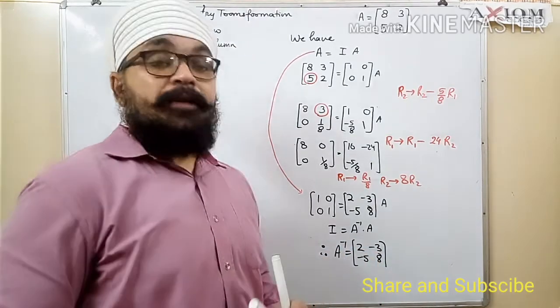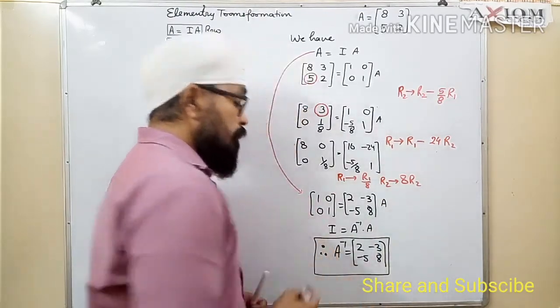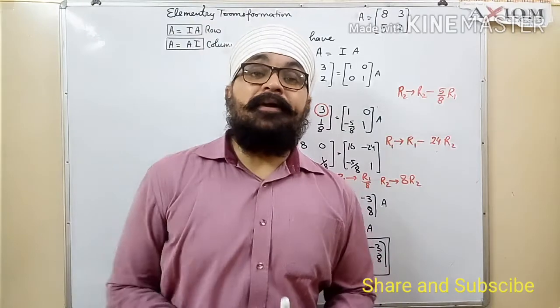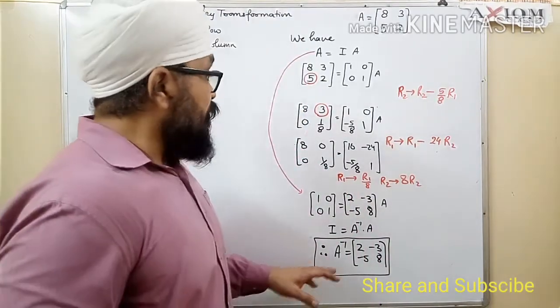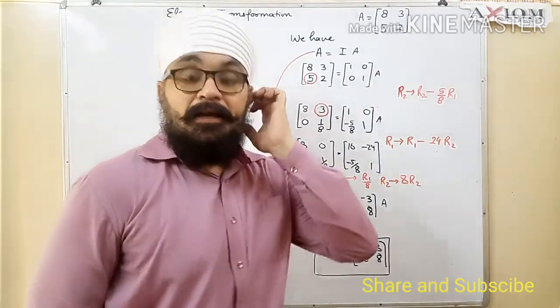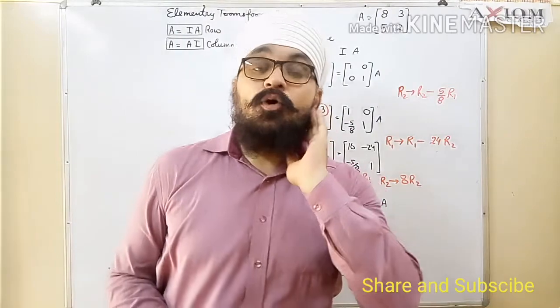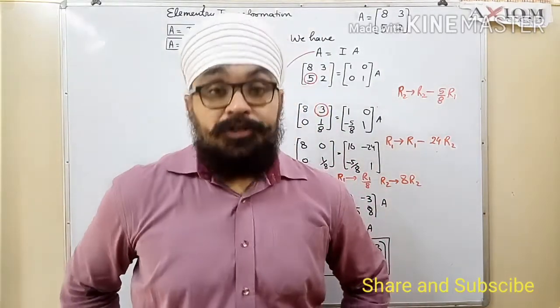So this is one of the trick. This is the main operation, that is elementary transformation. Especially I have taken row transformation, where we have applied this row transformation to get the inverse of a 2 into 2 matrix. In the next video we will go with finding the inverse of a 3 into 3 matrix